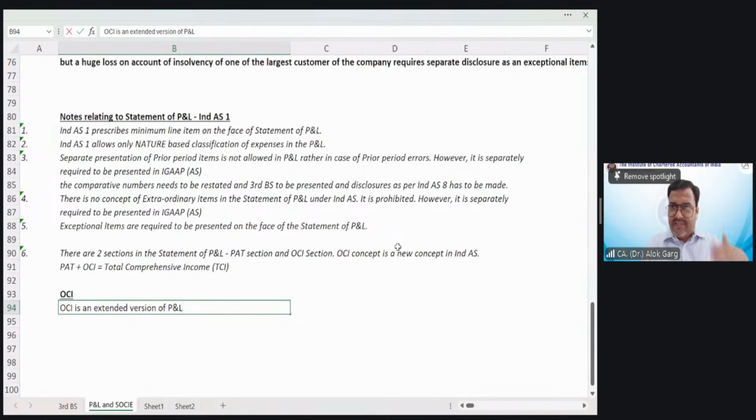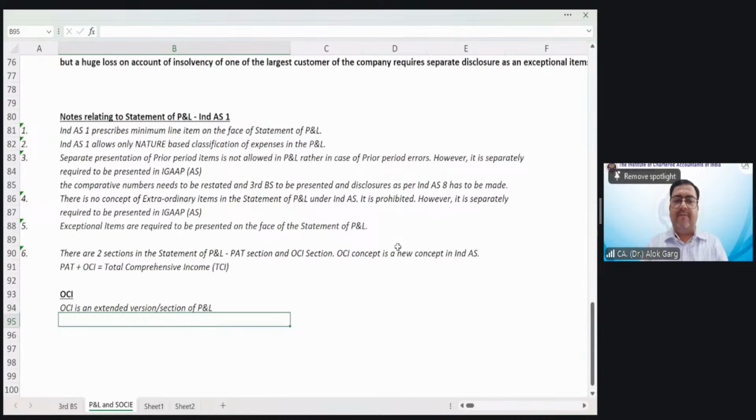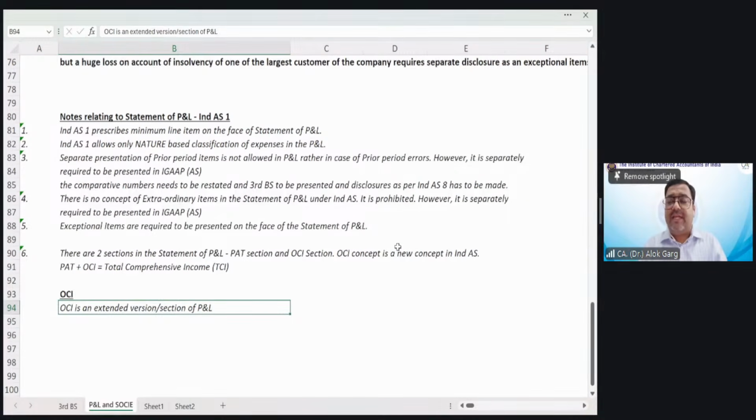Right? Extended section of the P&L. Extended version, or you can write extended section of the P&L. Statement of P&L का extended section है OCI. Okay. Now what is this OCI? This is an extended version, extended section of the P&L. In the OCI,